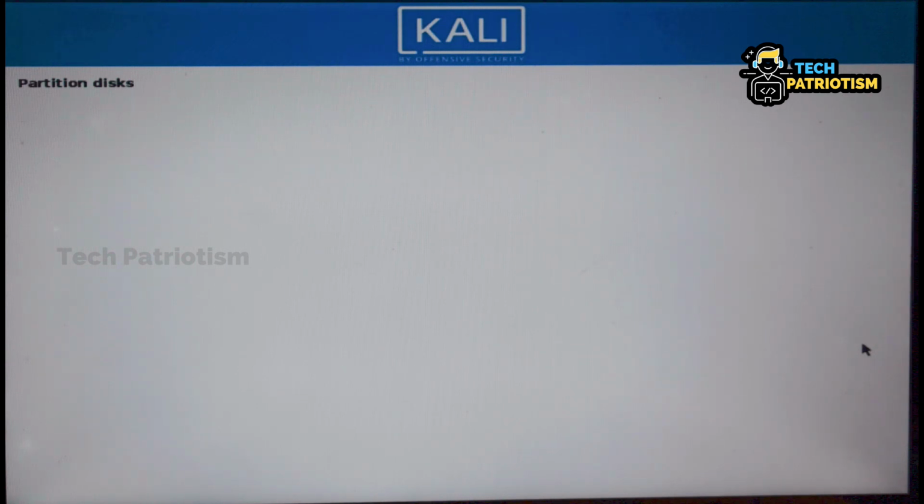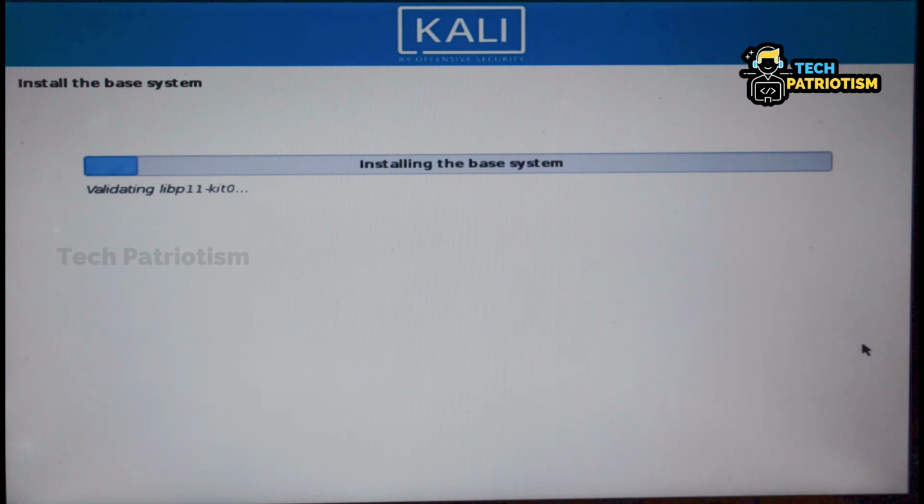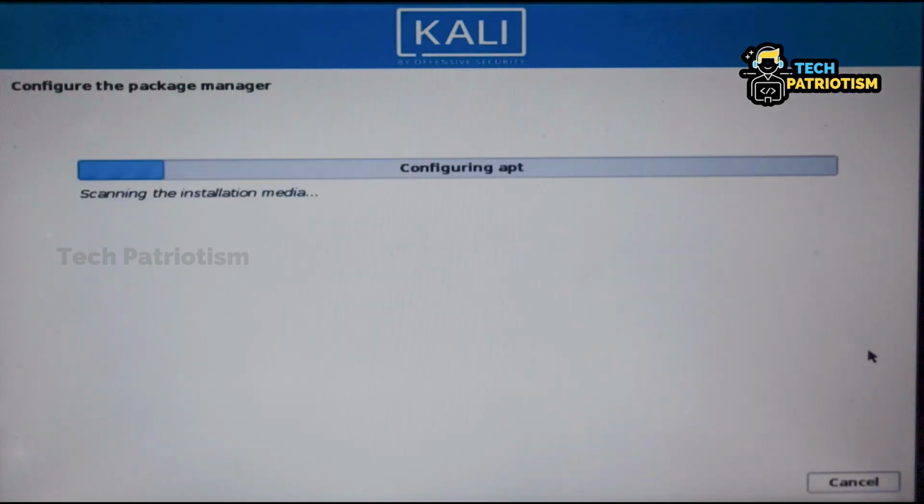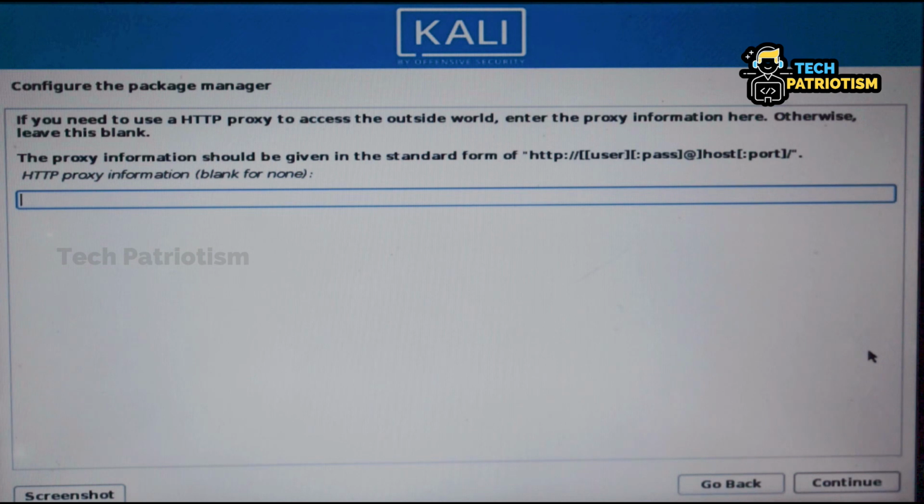Yeah, it will take a few minutes. Now installing the base system. It will take a minimum of 45 minutes. Yeah, wait for half an hour. It will configure the package manager.